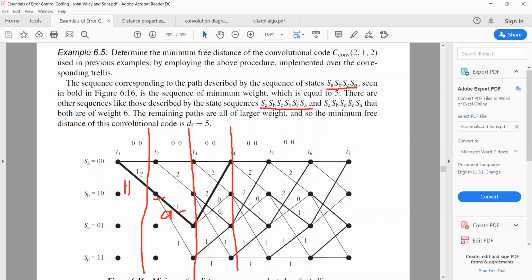Or you can say, when I am calculating the Hamming distance between the all 0 code and the output, that Hamming distance will be equal to the weight of the output. I'm repeating again, when I'm calculating the Hamming distance between the all 0 code and the output, then that will be equal to